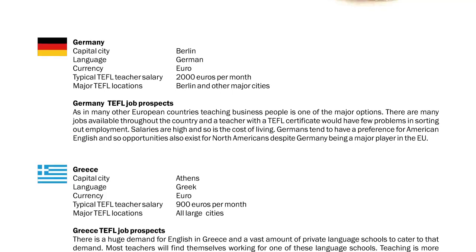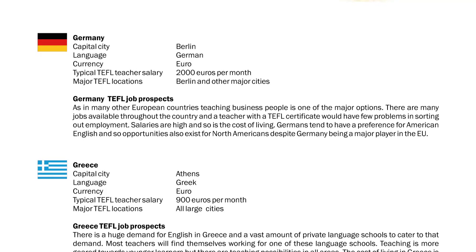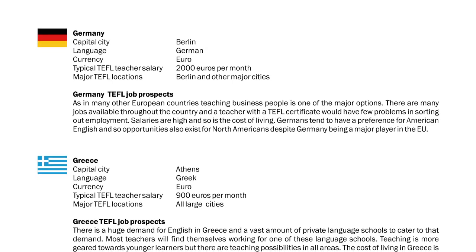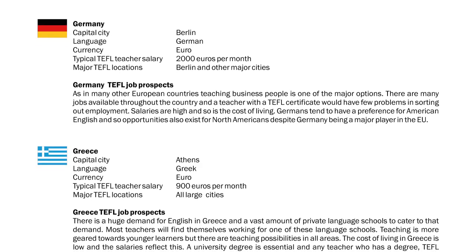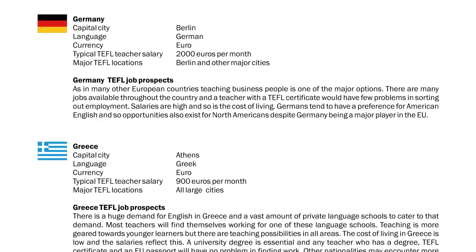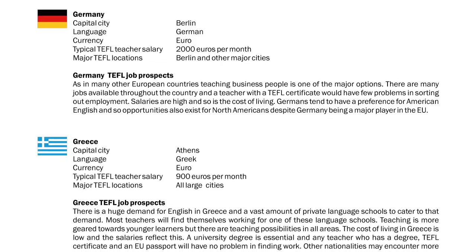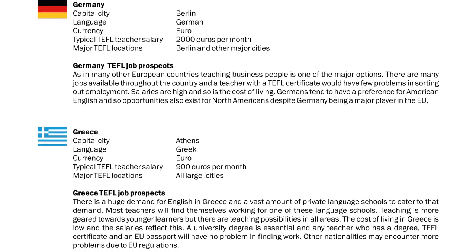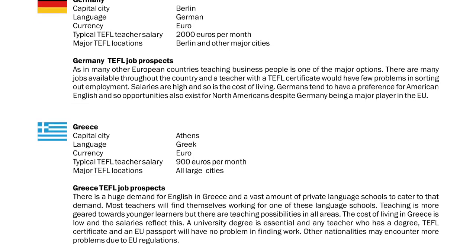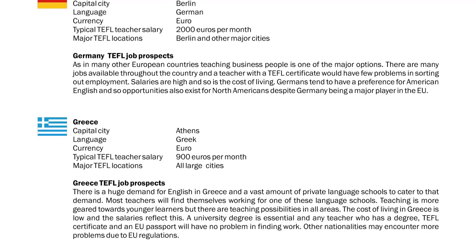There are many jobs available throughout the country, and a teacher with a TEFL certificate would have few problems in sorting out employment. Salaries are high, and so is the cost of living. Germans tend to have a preference for American English, and so opportunities also exist for North Americans despite Germany being a major player in the EU.